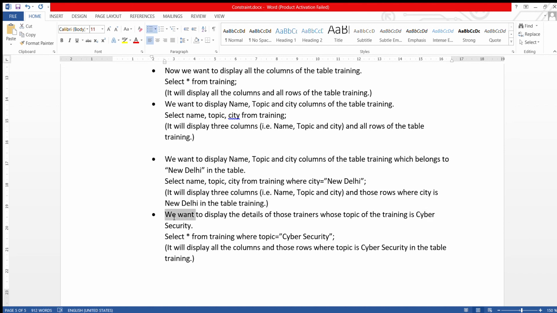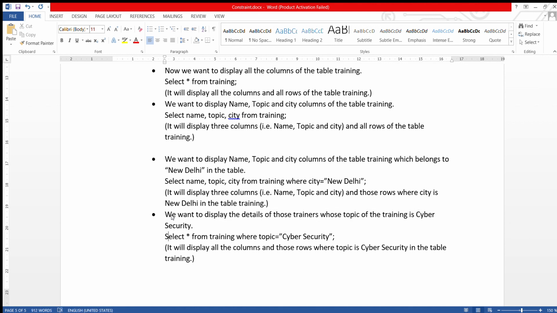We want to display those rows whose topic is cyber security. Here in the question, nothing is mentioned about the column. Which columns do they want to display? So when nothing is mentioned, it means we want to display all the columns.